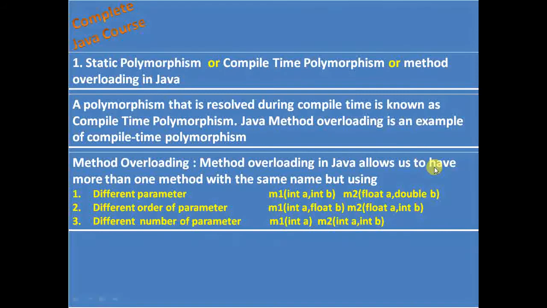So if in any class the method name is the same but the method arguments are different, the order of parameters is different, or the number of parameters is different, that is called method overloading.